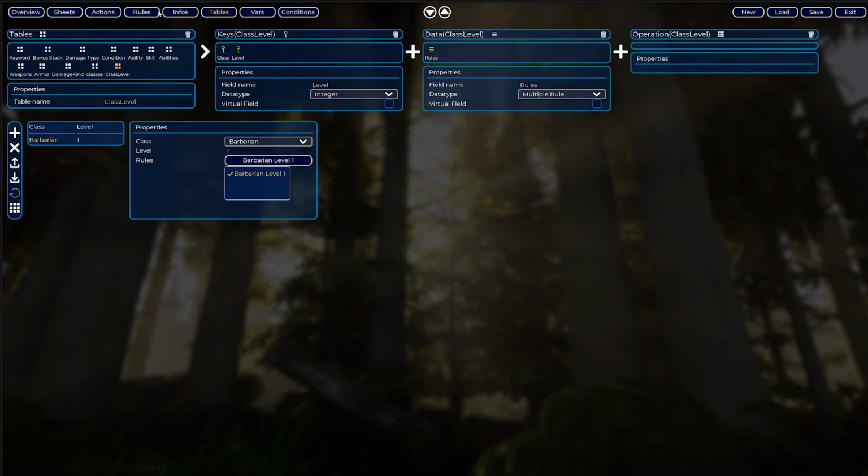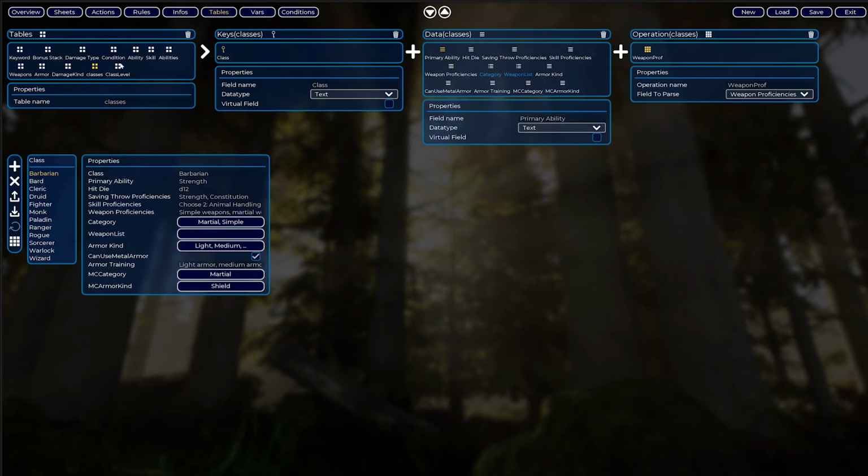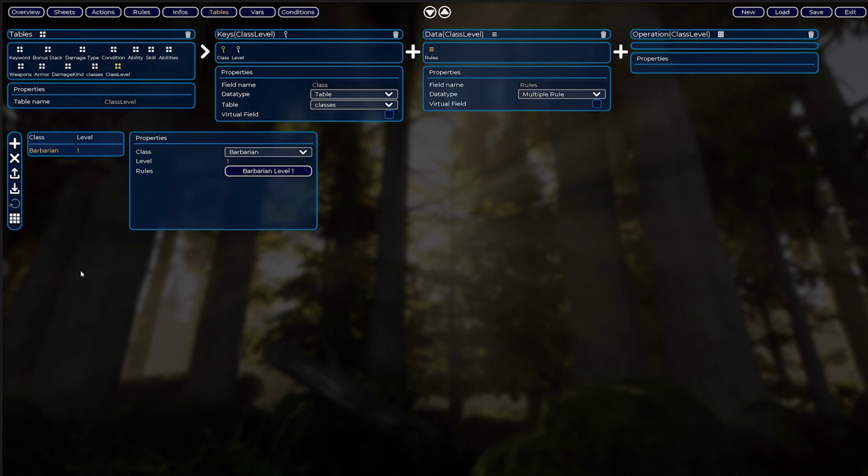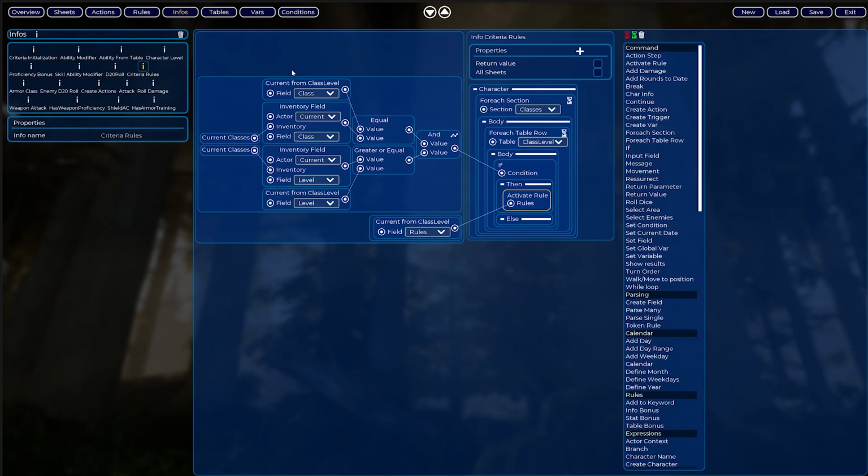For instance, I only filled one rule, but if I have 50 rules, the 50 rules will appear here and you can choose several. And this is a very simple way to tie rules to a class, because you may want your users to add new classes in the future. I want to add a new class, and each level of this class will have some rules. You do that here. Now I will return to our info criteria rules and see how we use that table